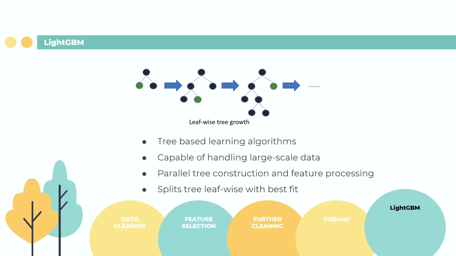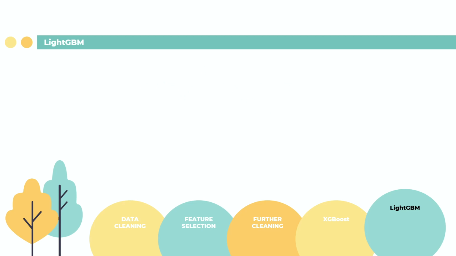It splits trees leaf-wise, unlike XGBoost which splits trees level-wise. Since LightGBM splits trees leaf-wise, it utilizes a technique called exclusive feature bundling, which is a near lossless method to reduce the number of effective features. LightGBM is a histogram-based algorithm that performs bucketing of values, resulting in faster training speed and accuracy.